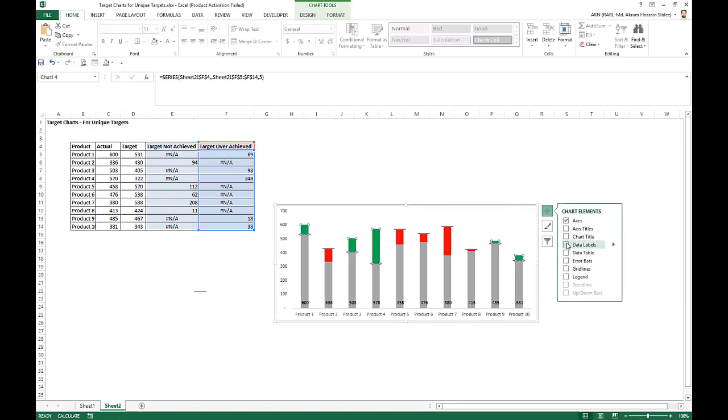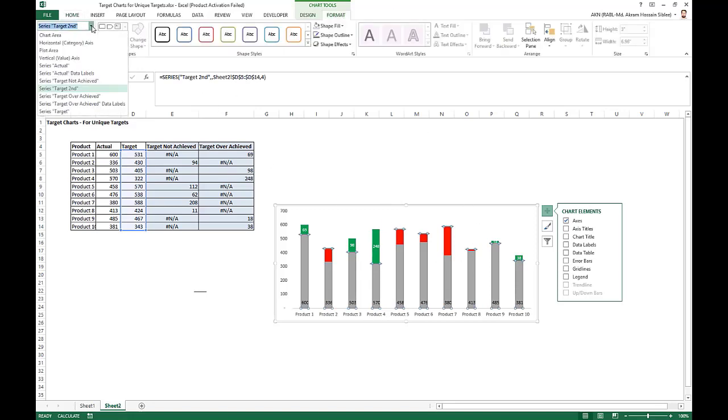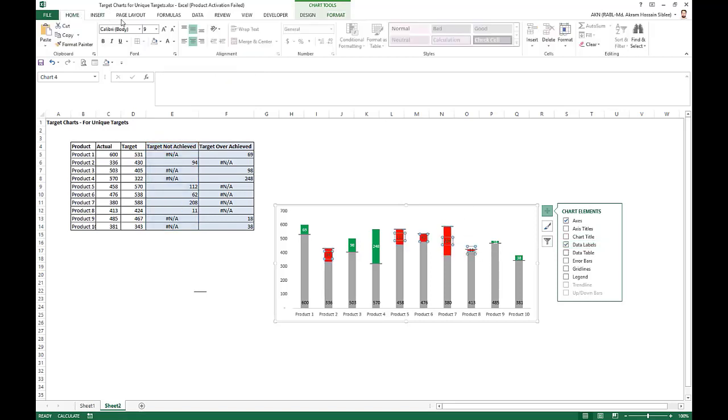Click here, data labels, and take this as white. And for not achieved, we format target not achieved, select the targets, and choose the data labels. Now we click white.